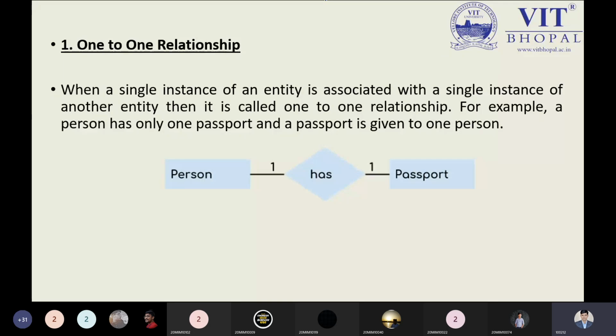Person is an entity and passport is an entity. Passport has its own different attributes: the passport number, to whom the passport is issued, where it is issued, the local region, the local area, and so on. And a person also has their own details: person name, person ID, contact address, and some identity information on which the passport is to be issued. So that is the point we have over here. This is the one-to-one relationship. Now, is it clear to all right now? Yes, sir.